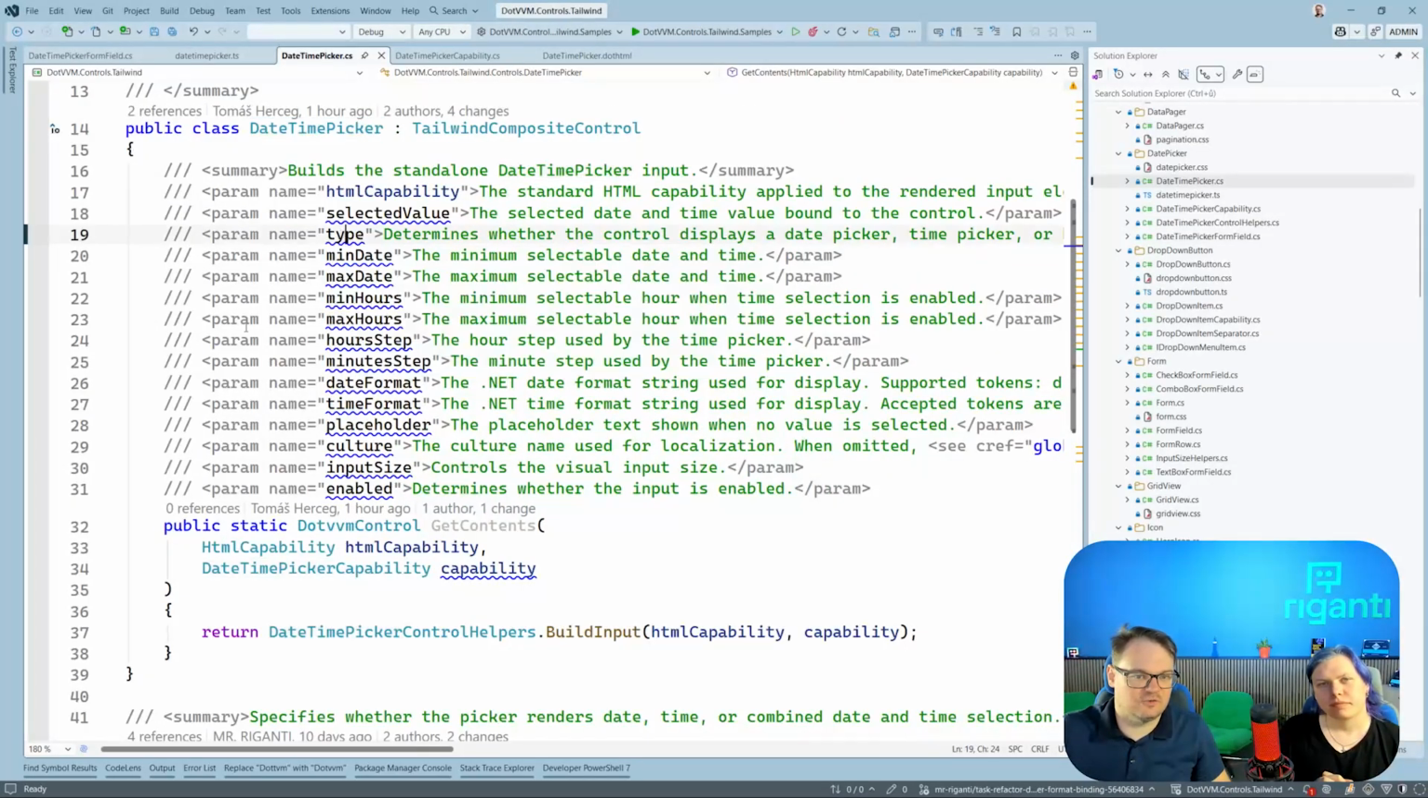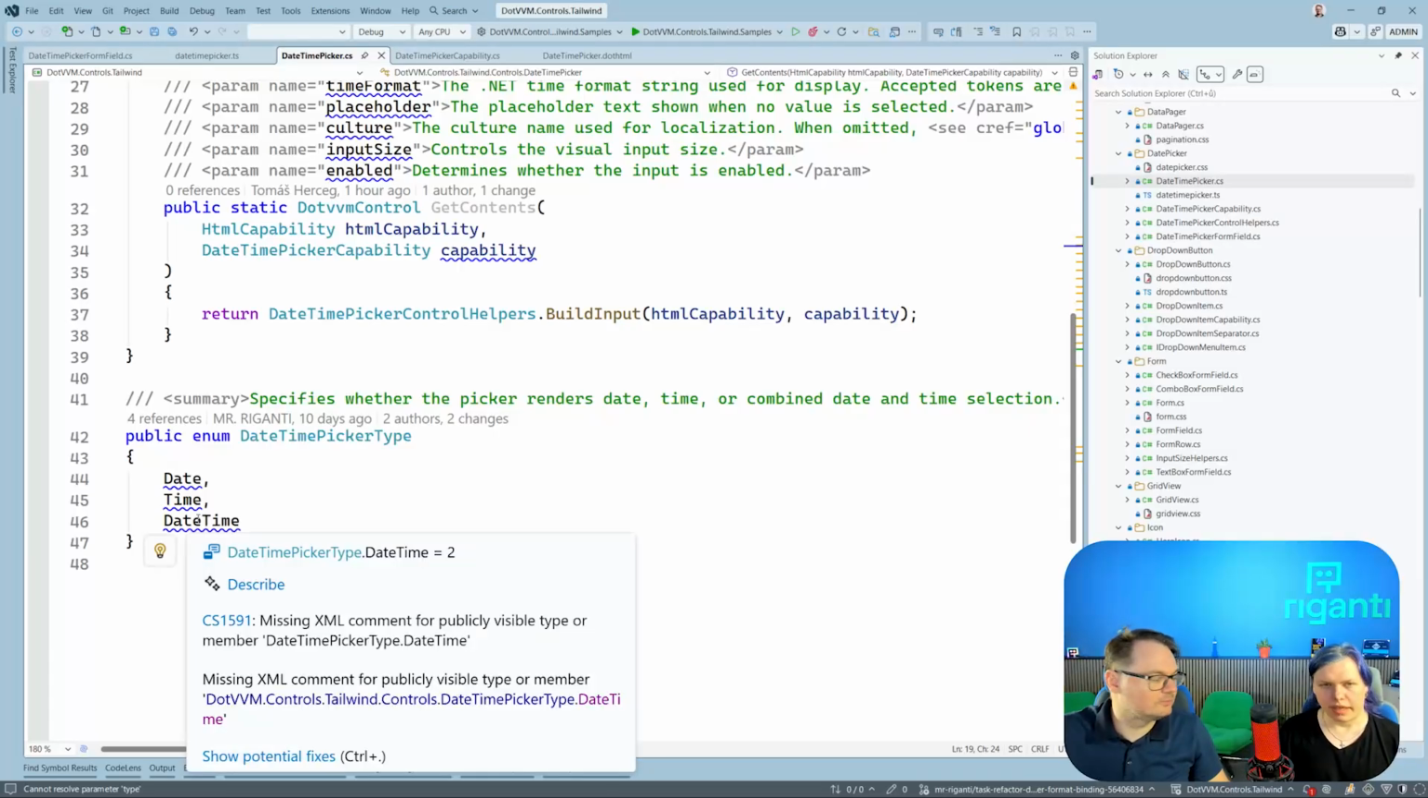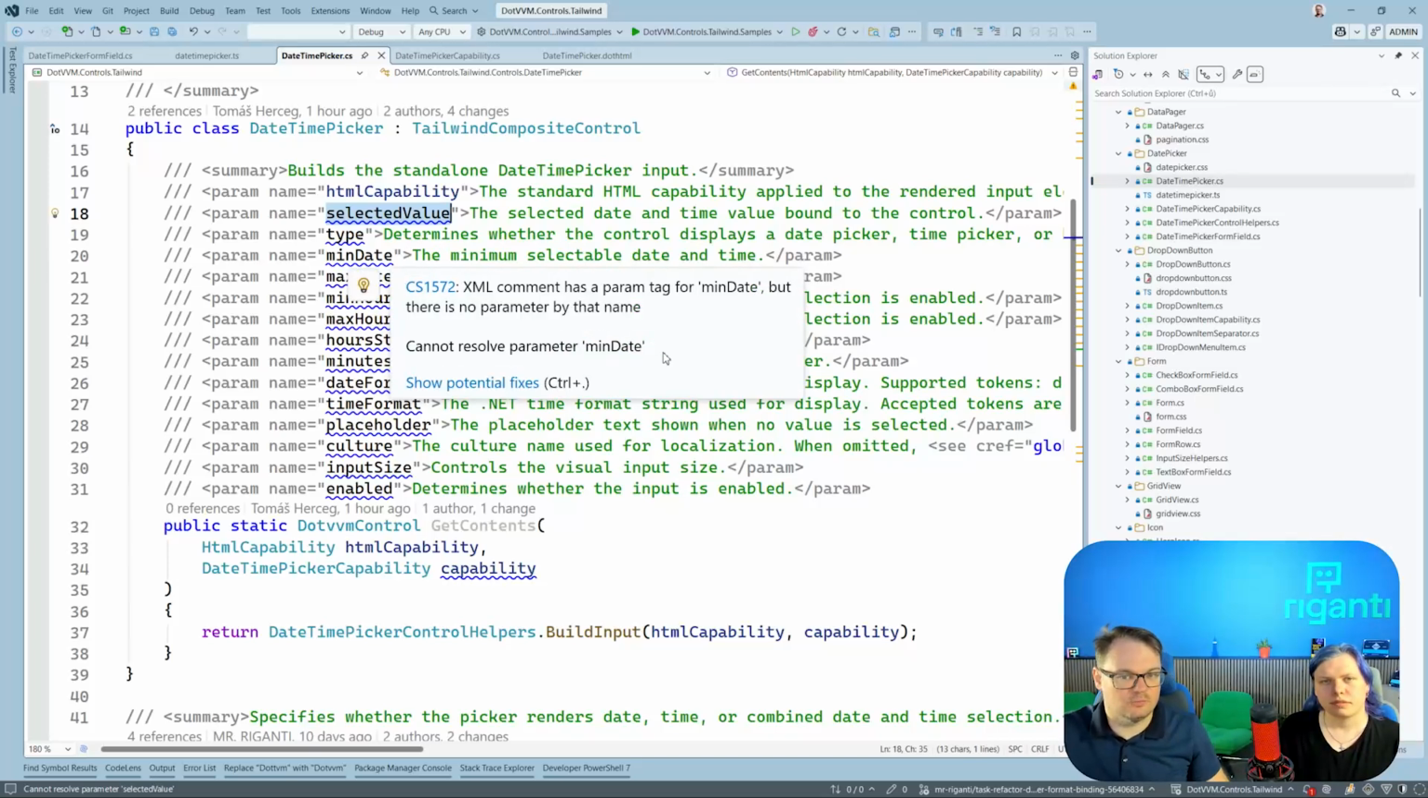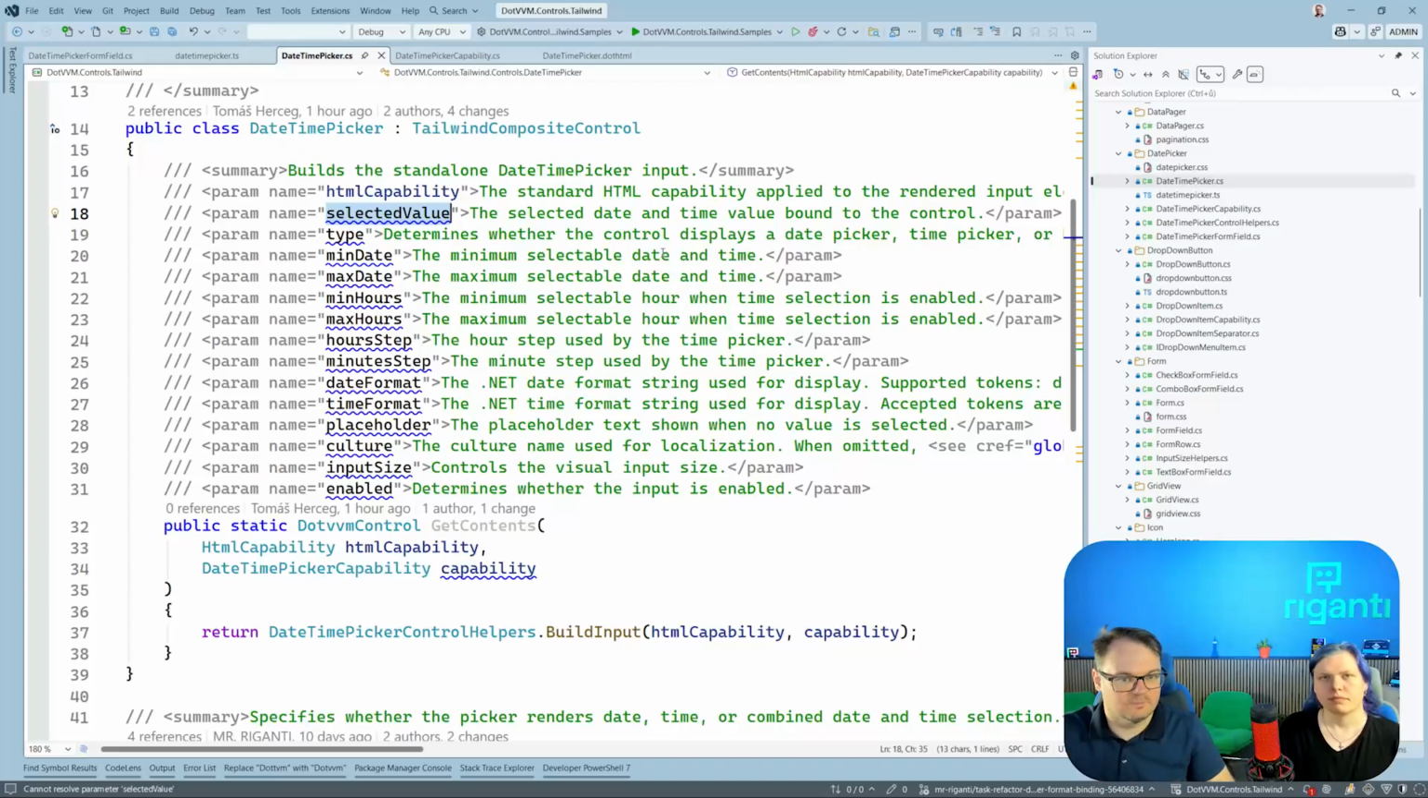You need to select if you want date, time, or both. And then there is the selected value, which is quite understandable. Min date, max date to restrict the range from which you can choose. Min hours, max hours, if you don't want users to select all day but just the working hours, for example, then you can use that. Hour step, minute step, if you want 5-minute steps or things like that. These are the format strings for